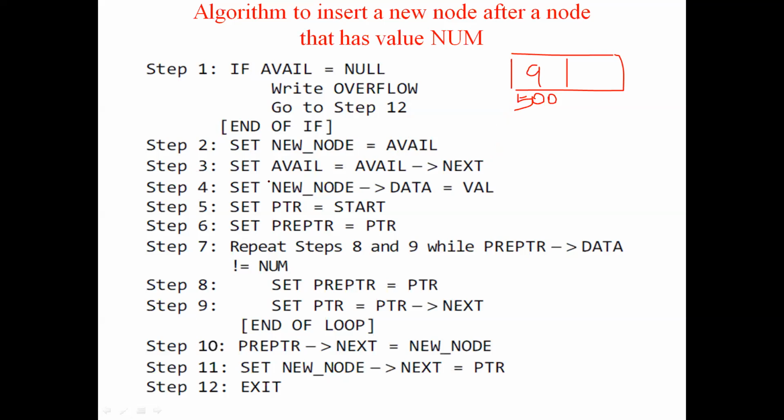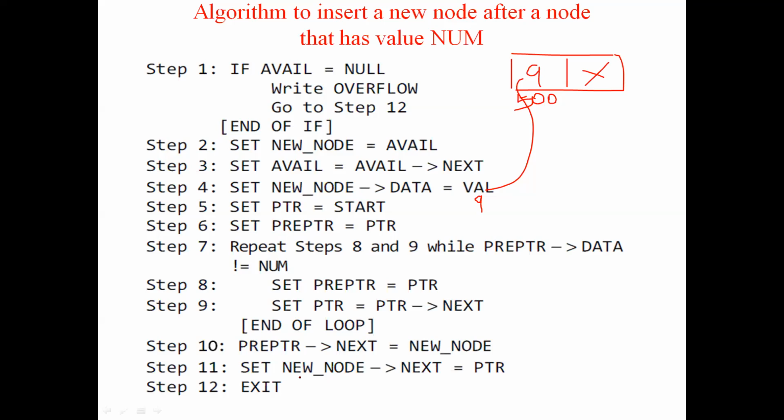So next, the value I told is nothing but 9. 9 is passed over to the new node's data. This data part is copied, and you will assign the null value to the next part.